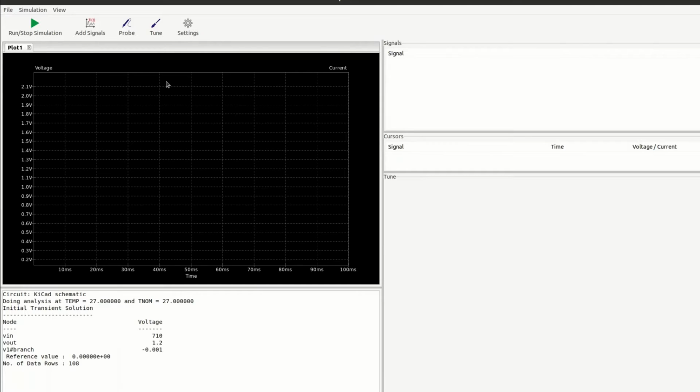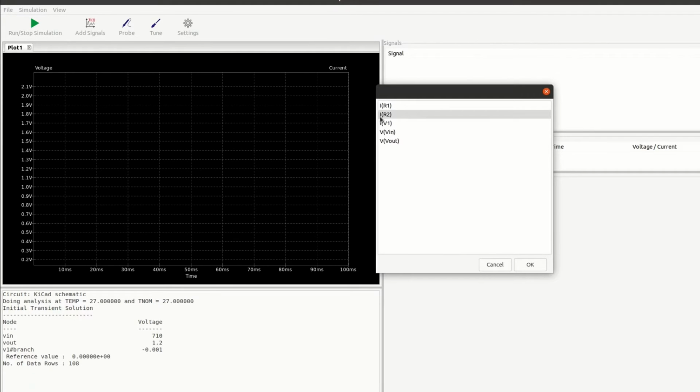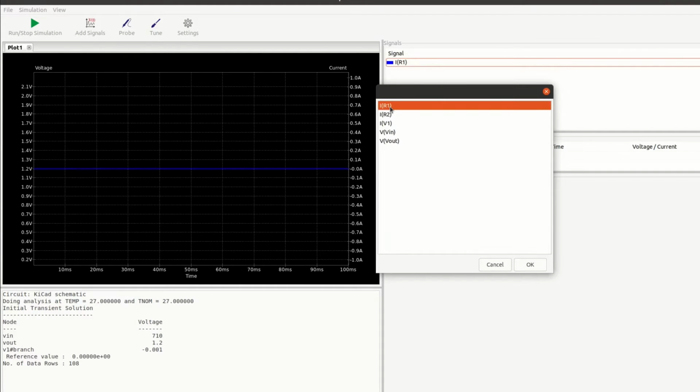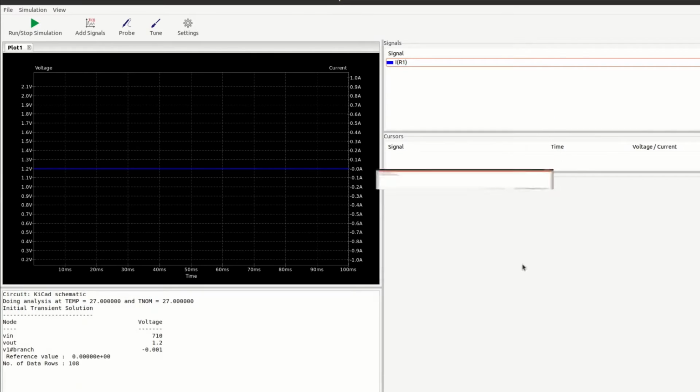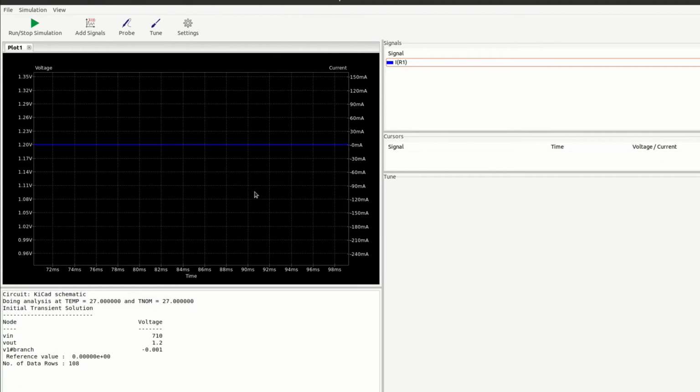Now let's see some currents. By double clicking on the signal, it will hide it. Current in R1, you can see that it is less than 0.1 ampere. Let's just zoom in and see what the actual value is.